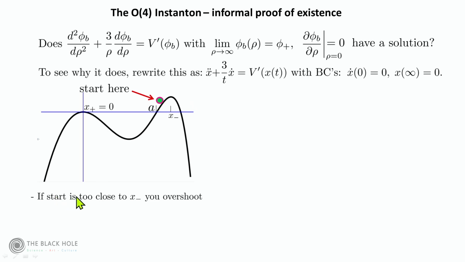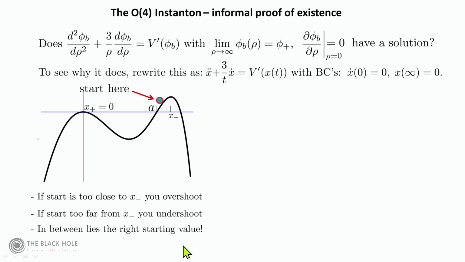So you will overshoot if you're too high. You will undershoot if you are too low, because then what will happen is that it won't have enough energy, it'll go over here, and that won't fulfill the condition that it reach over here. So in one case you overshoot, in the other case you undershoot. So then there has to be some right value where you have exactly the right situation. So this is an argument of continuity.